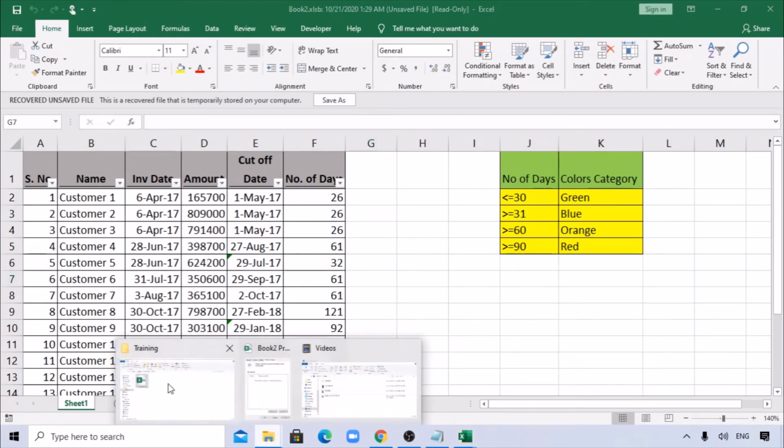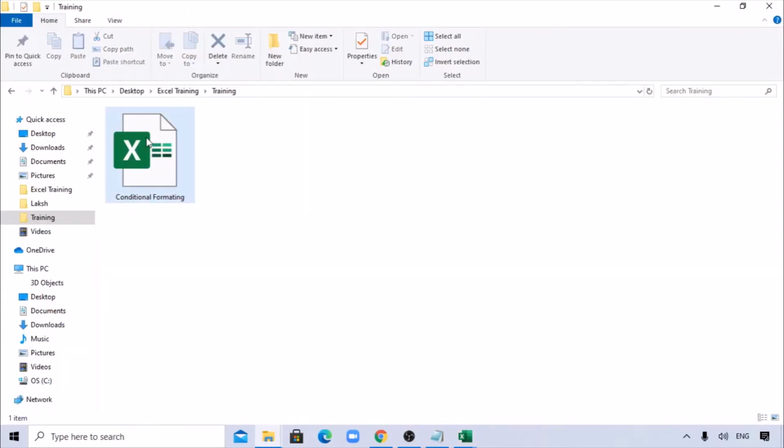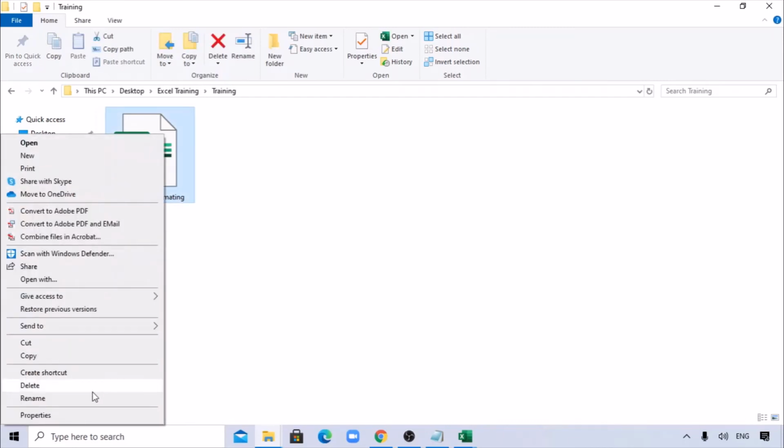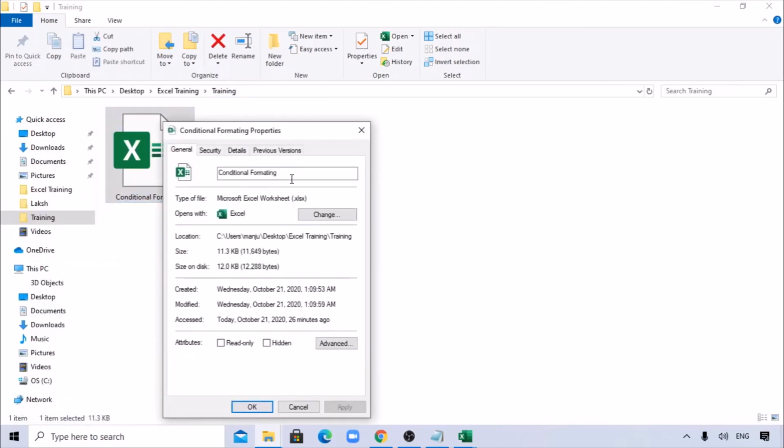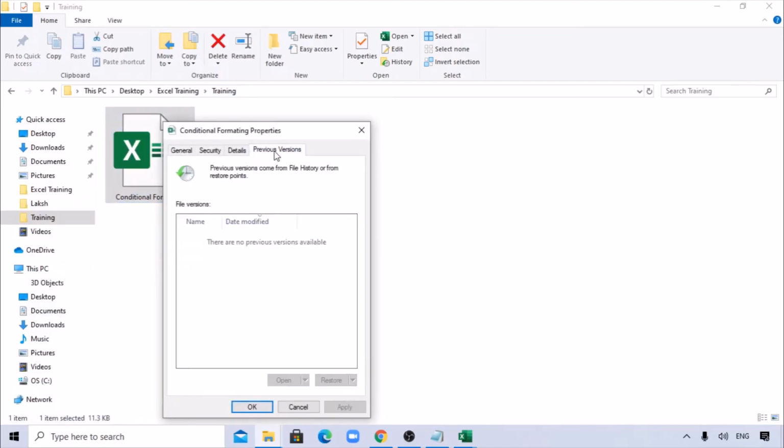There is one more option. Sometimes a lot of people are working on the same saved file. You can go to the folder where you have saved it, right click, Properties, and you can see Previous Versions. Usually you'll get the previous version, but that should be enabled. If it is not, then it may not work for you.